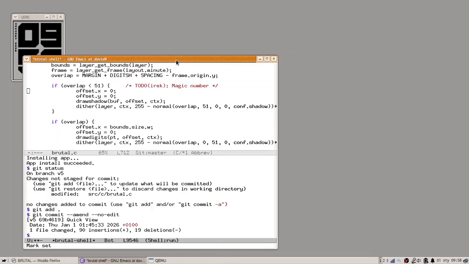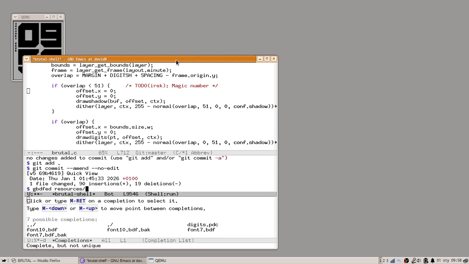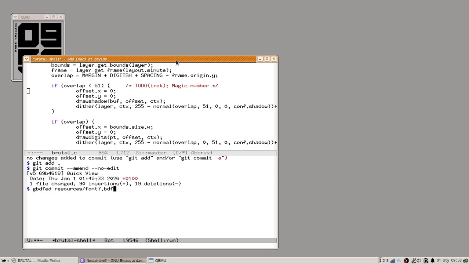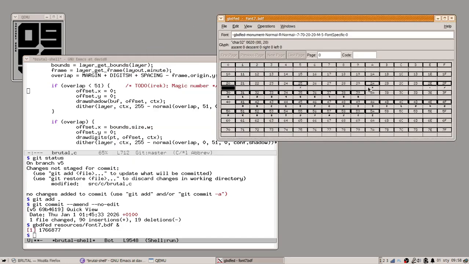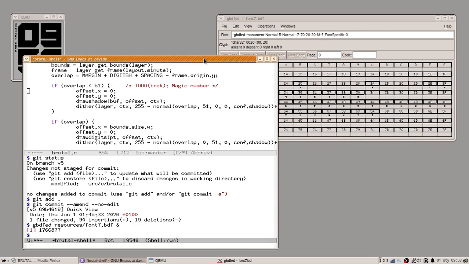Time for the icons. Let's start with the font 7, the smaller one, because I'm pretty sure that I will not be able to use all of the icons here. So there will be just a few of them, or I don't know, we'll see. We'll see, and for that